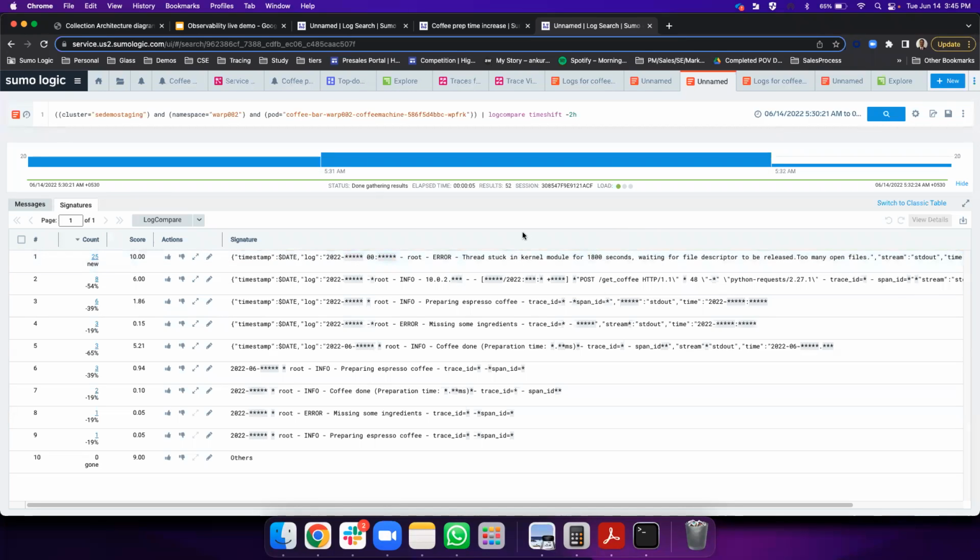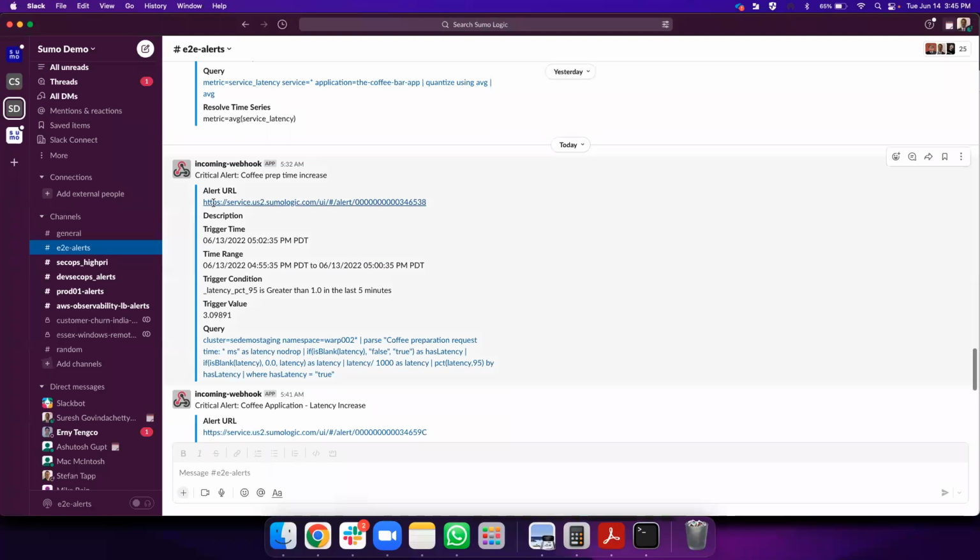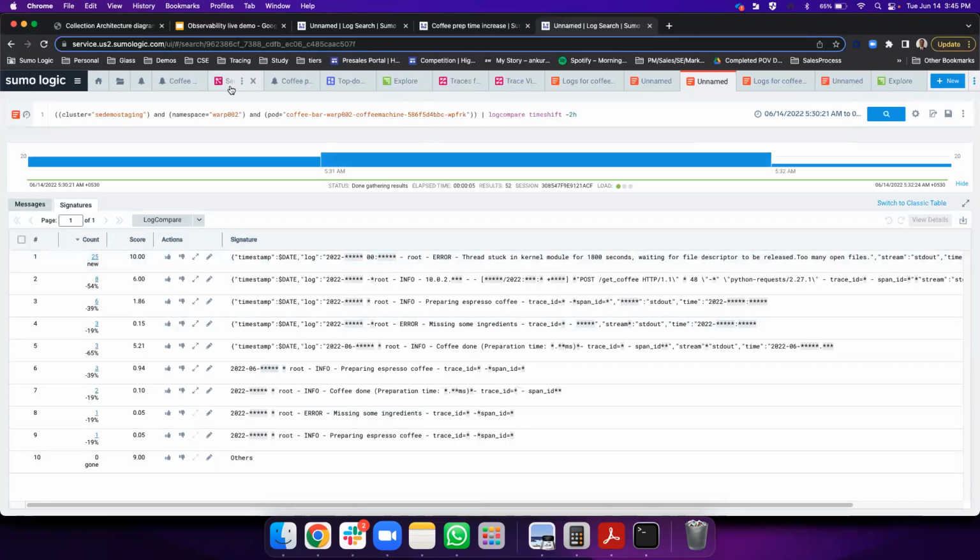So let's take a quick summary of what we did today. It all starts with receiving an alert. So I got an alert. I'm going to click this alert, which takes me to my Sumo Logic interface. And from here, I can make use of the